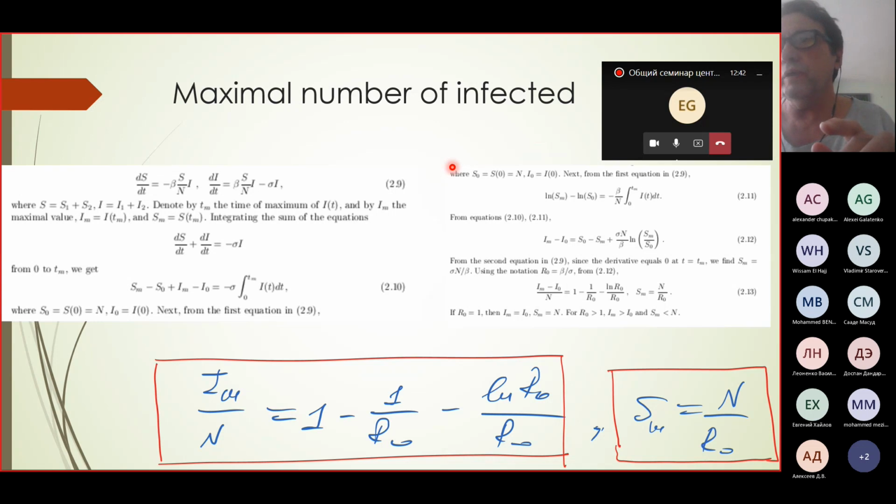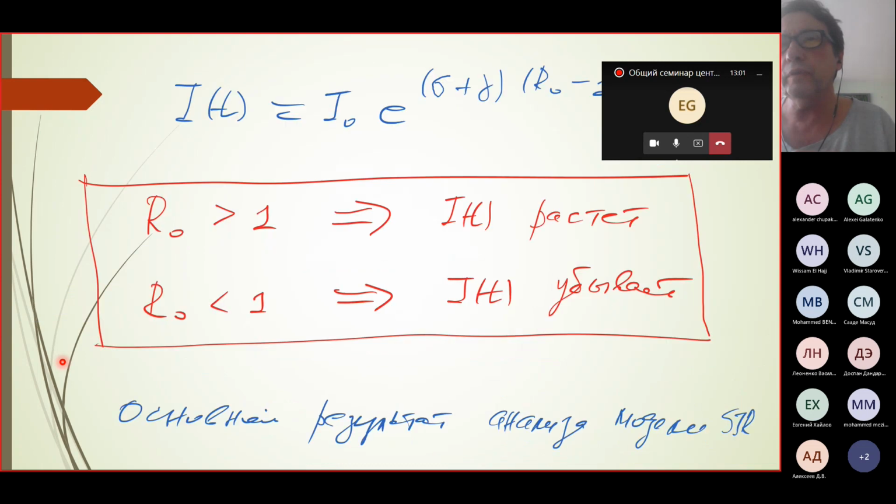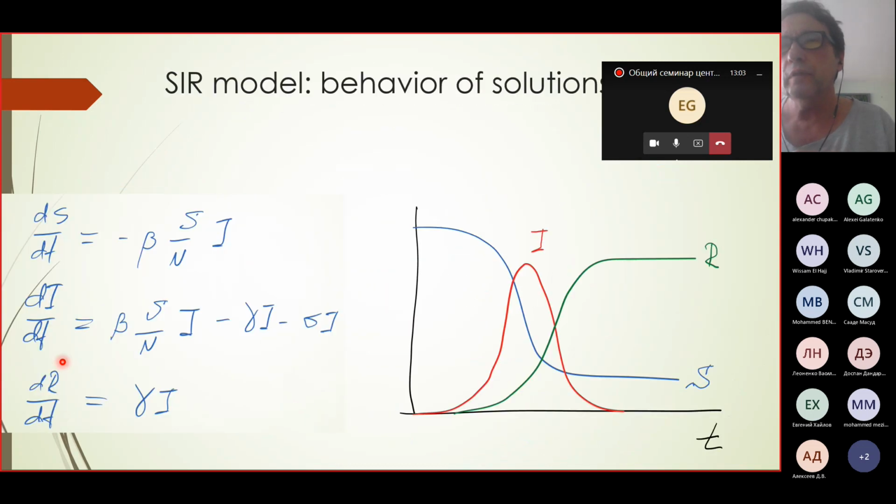I don't know whether it was known before or not, but similar to the final number of susceptible, we can also find the maximal number of infected individuals, also just some simple calculations. I will not stop on them. So why can this maximal number of infected individuals be interesting? If we want to estimate, from the point of view of public health, the number of admissions in hospitals, things like that,